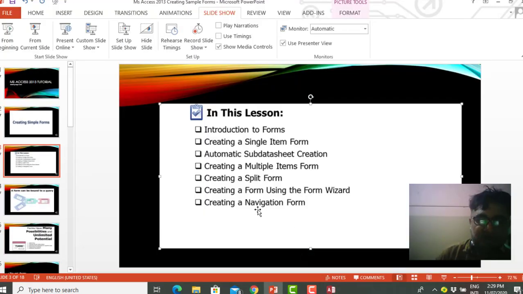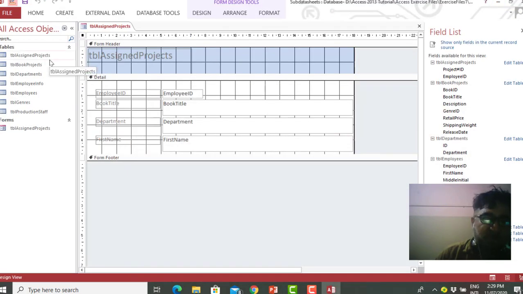And here in the last we will be creating a navigation form. A navigation form in Microsoft Access.